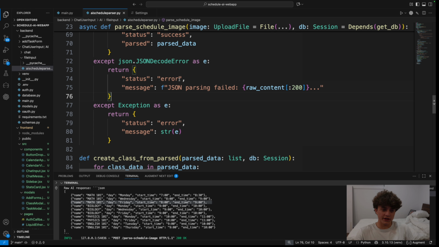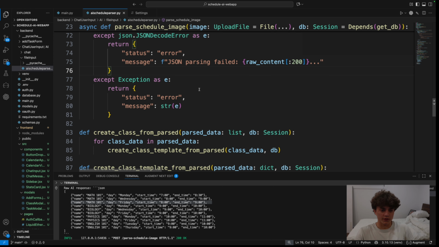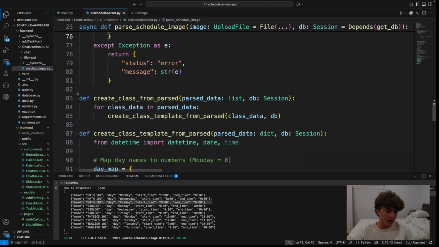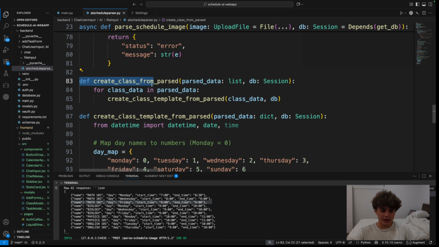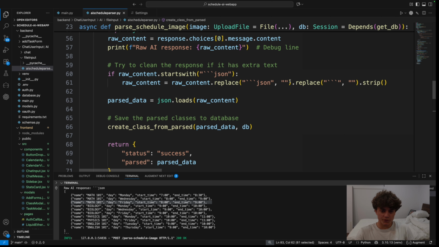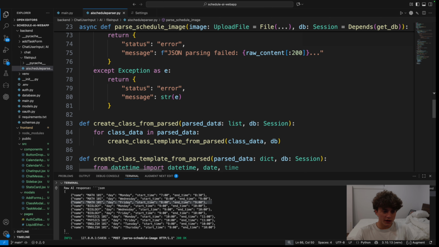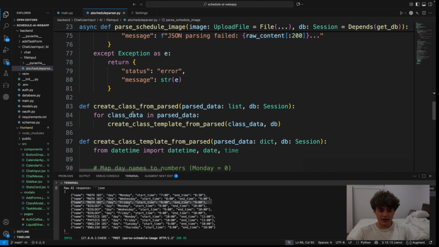And so having that, you know what error it is. And so, yeah, it's just better. And here you have your create class from parsed that we have there. So it's taking that here, giving the parse data, the database,